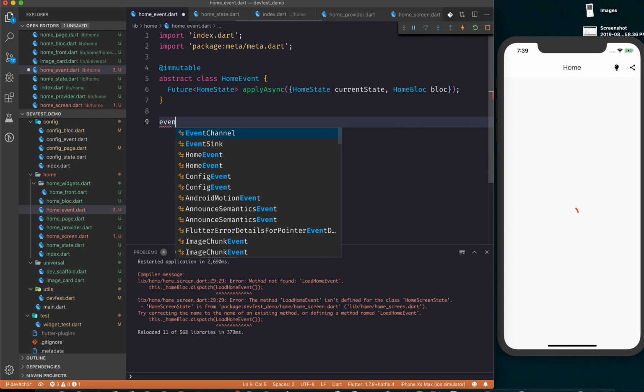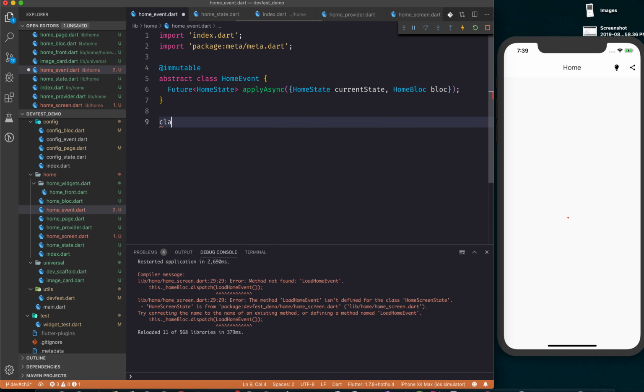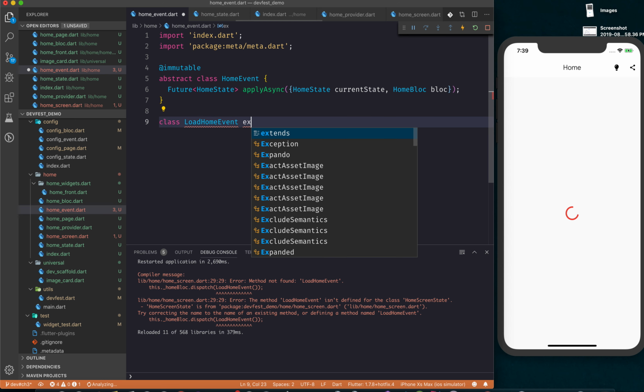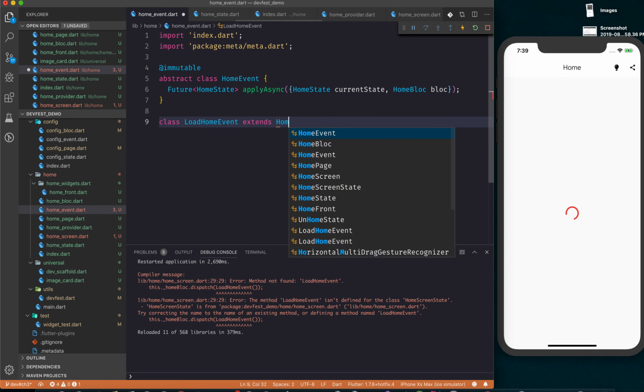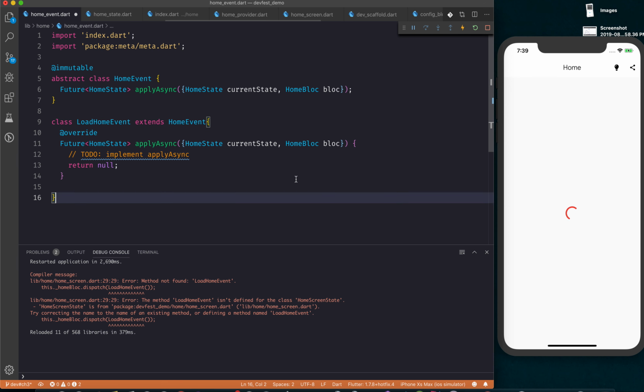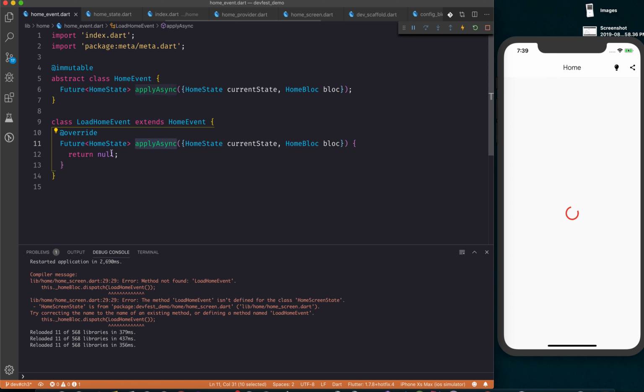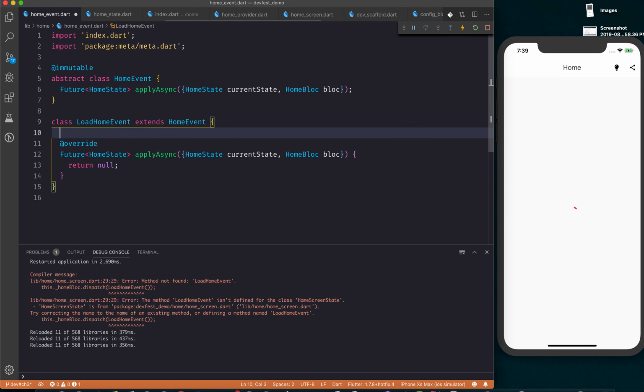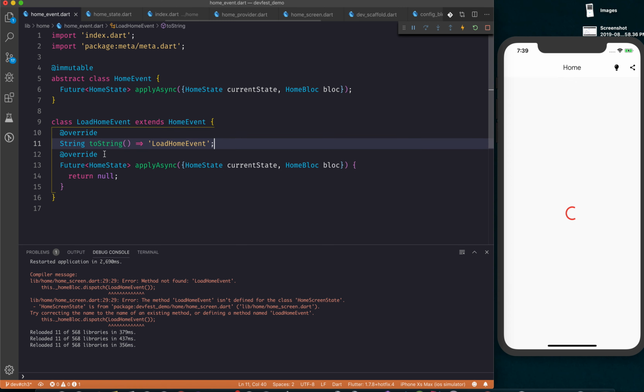Okay, so we are going to write class LoadHomeEvent, which will extend the HomeEvent, which, you know, is compulsory. Then we will create one missing override here, and then we have the HomeState apply async method, which is returning HomeState. Then we will override one more method, which is the LoadHomeEvent toString method. And then in this particular